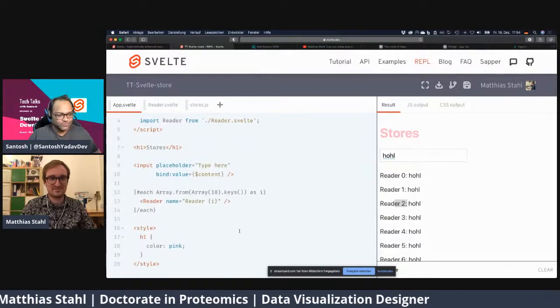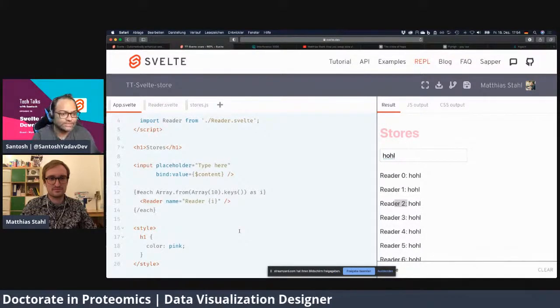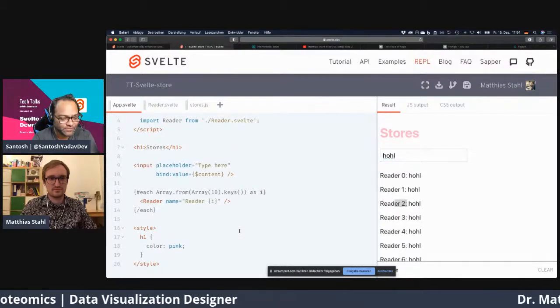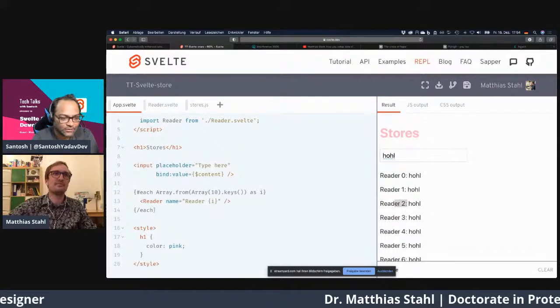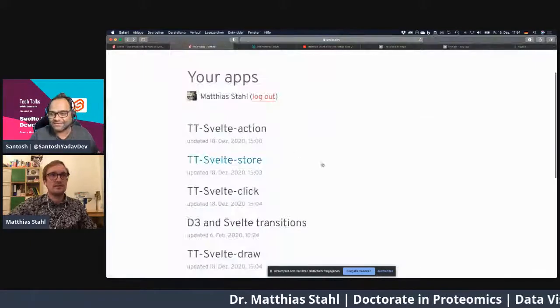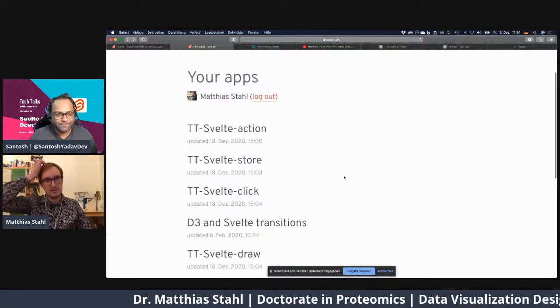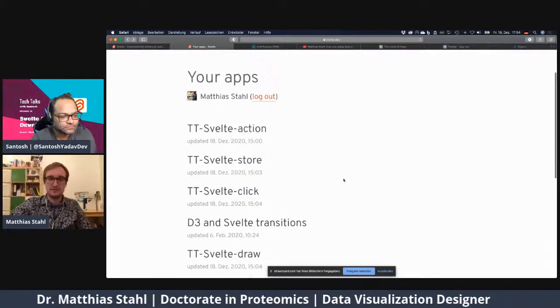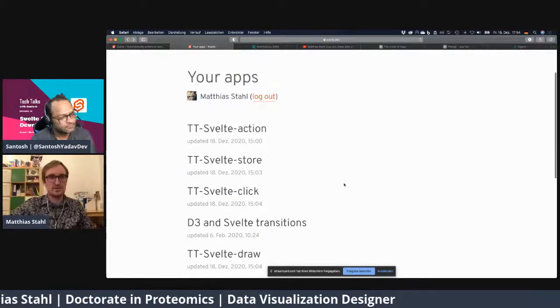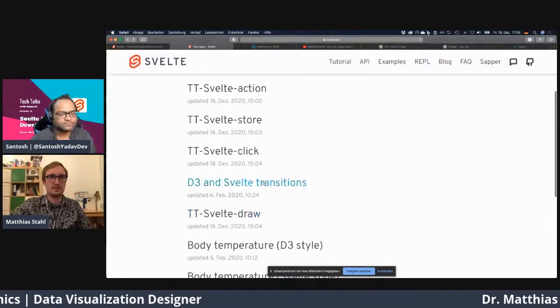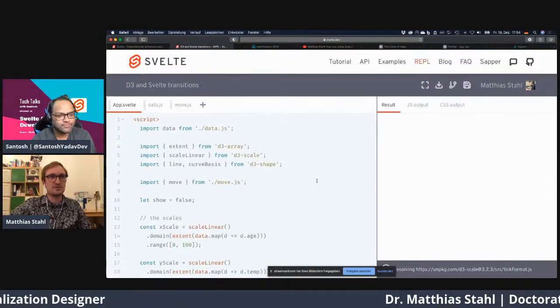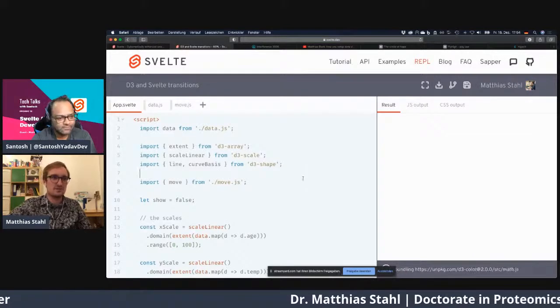Okay, so let's go to the next question, and this is what I'm really excited about. You use Svelte as a data visualization tool, so we would like to actually see how you do that. What are the features which allow you to do it? Yeah, so before I used Svelte, I used Vue a lot to do data visualizations. But then I switched to Svelte, and there was one major reason. I will first show you that, and then I show you an actual example of my